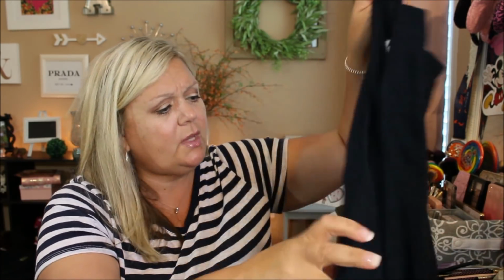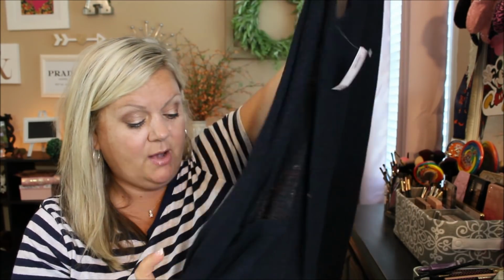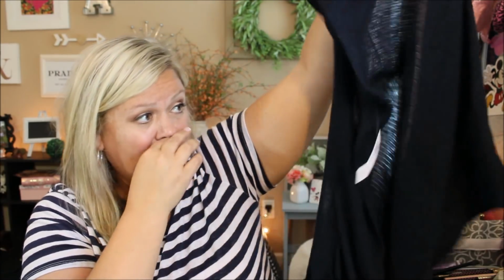So I got the ivory one or the tan one, and then I got a navy blue one, since navy blue seems to be like a signature color for me. So I got this one as well. Like I said, it's just super cute, and I actually think it was so cute with even what I have on. I love too that it has pockets on the side so you can put stuff in them. But I was just really happy to find those and be like, oh yay, I love cardigans. So yeah, that's it for